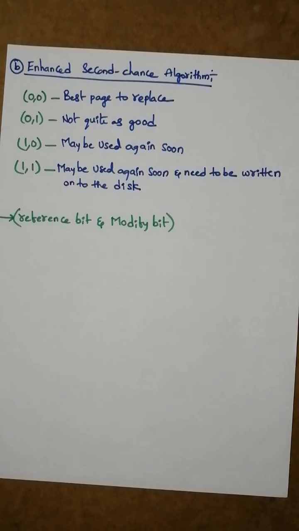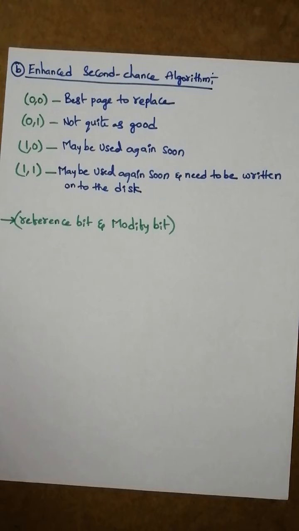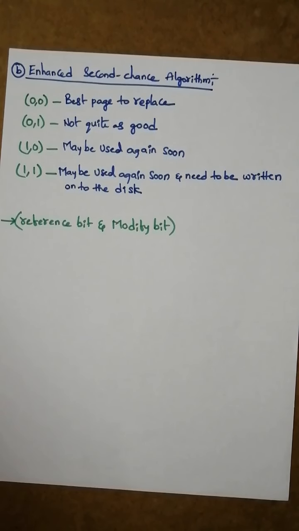So let's recall what we have learned in this session. We have learned some page replacement algorithms like optimal, next is LRU, and then LRU approximation. In LRU approximation we have seen second chance and enhanced second chance, and in the previous video we have learned about FIFO. So I hope everyone understood page replacement algorithms in these two sessions. Thank you all.